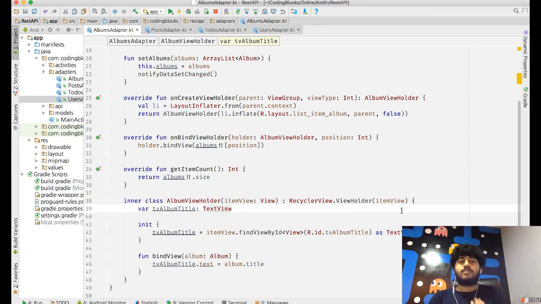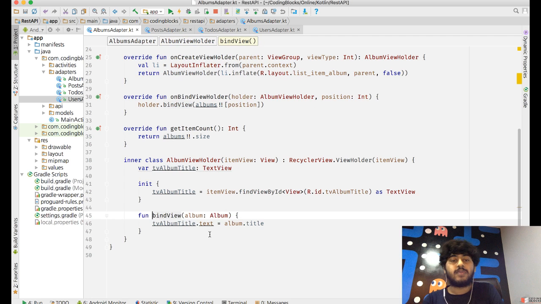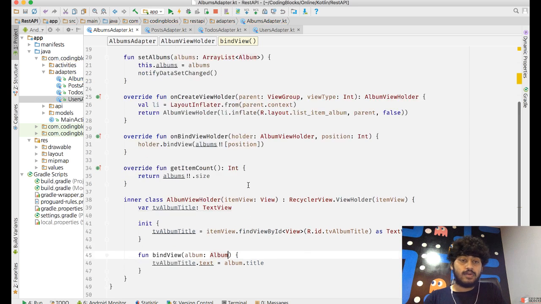Now let's start reducing the code a bit. Before we reduce code a bit, let us talk about some other problems we have. This operator here, double exclamation mark, stands for a not-null operator. What this operator means is that folder.bindView in its argument takes an album. It does not take a null album. It would have allowed nulls inside that, but it's not there, so it's going to only accept